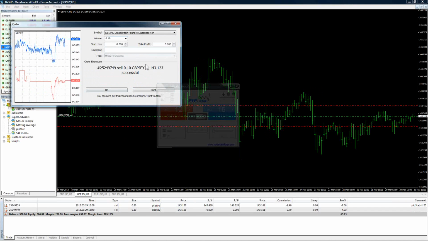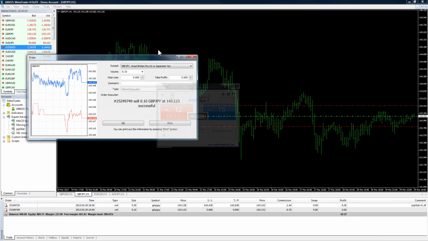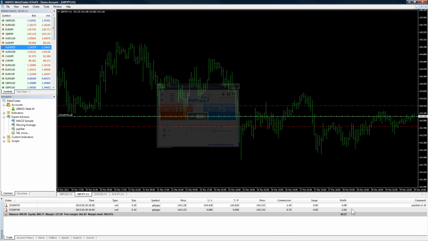It took probably the exact same amount of time, almost instantaneously. As a matter of fact, it almost seemed like Pip Stat was faster, but they're both right there. Within milliseconds, it's done. You say OK, and it's placed. Now notice that the comment points out that the first trade was placed with Pip Stat. Okay? Now, something to keep in mind here.